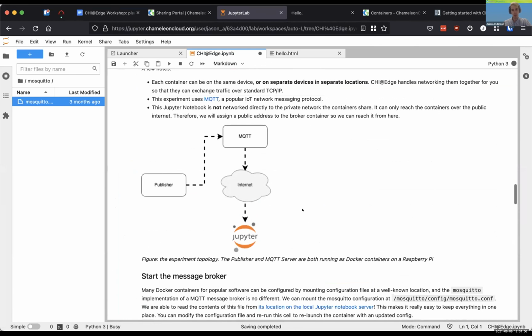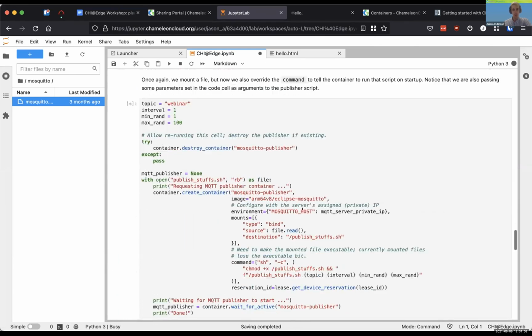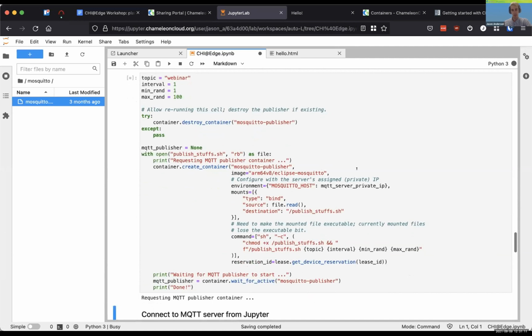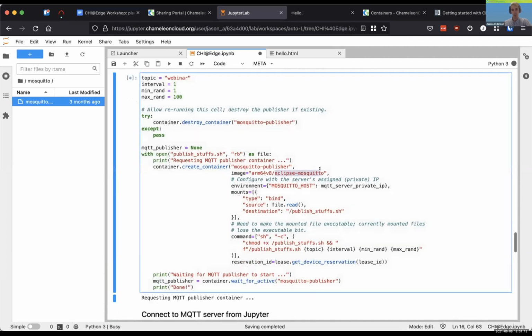I'm now going to launch this one, the publisher. So the publisher works very similarly. It actually uses the same image because I can use the same software to both publish and read messages, but that's just a little detail. The main thing is there are two things that are different here. One is that we are using another